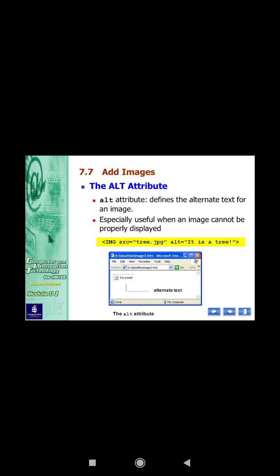For example, you can see here that we have given image SRC is equals to, then we have given the URL of an image, then we give the alt attribute, ALT is equals to, then we have given the text, it is a tree, right? So this text will be displayed when the image cannot be opened by the browser due to some reason, maybe of connection reason or whatever reason.